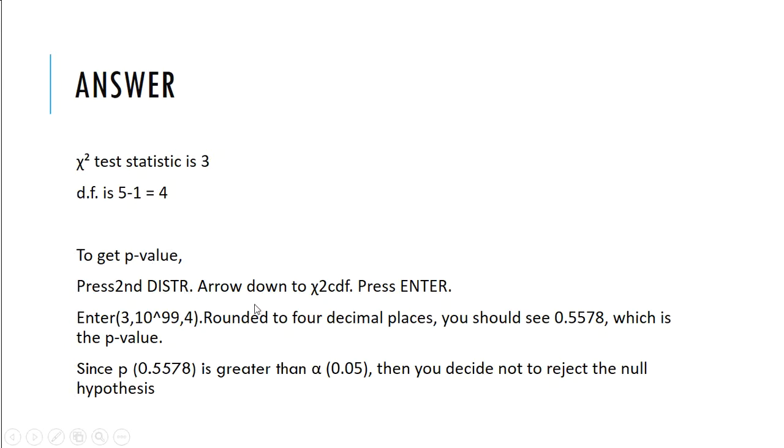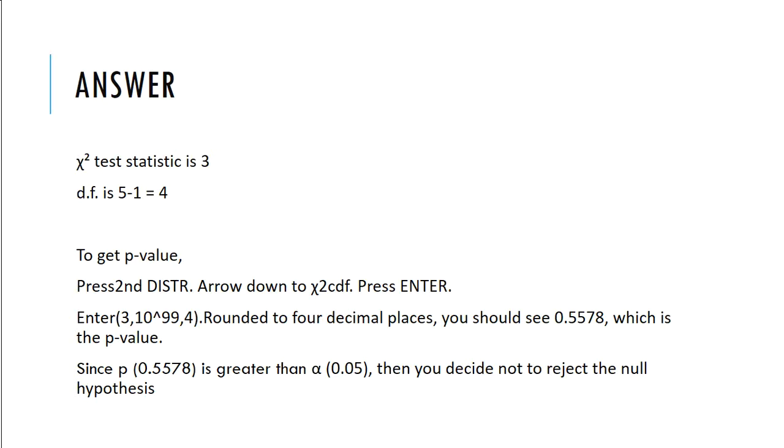To get the p-value, there is a way to get it in your calculator, and I'm showing you right here how to do it. But again, I really don't want you using the calculator for this. In the next video, I'm going to show you how to go to a website, you put your data in, and it just gives it right back to you. So you go to second distribution, you scroll down to chi-squared CDF, and you hit enter. So then I'm going to enter 3, which is my test statistic,